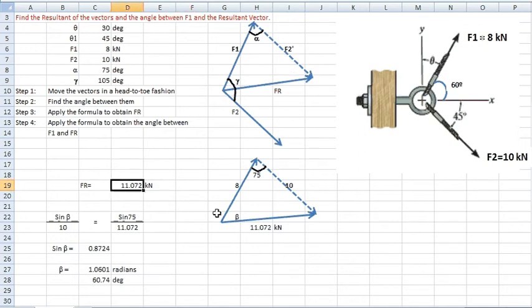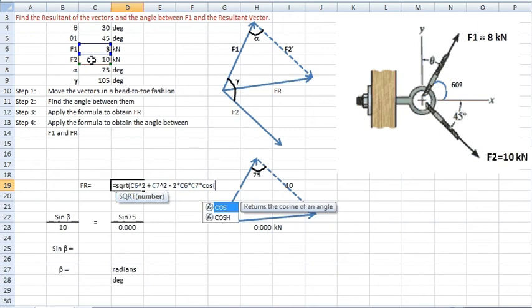Now we'll calculate the resultant. Sorry, I had already calculated these, but we'll do it again. So we'll calculate the resultant, which is given by the square root of F1 square plus F2 square minus 2 times F1 times F2 times cosine of